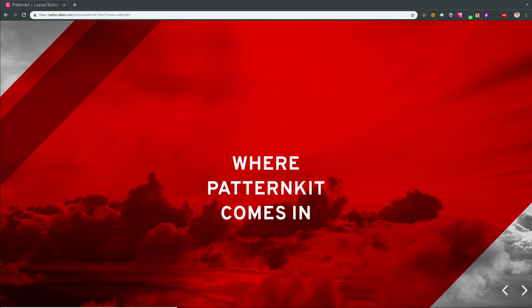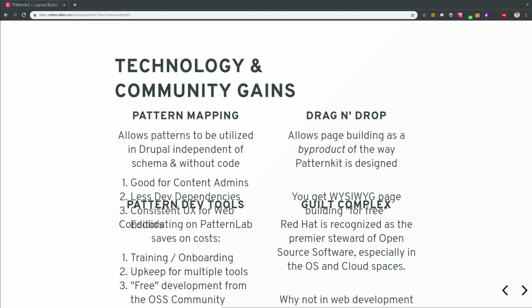Patternkit essentially is, at surface level, just a Drupal module. But it's also a methodology, and an idea that we can take all of these different tools that we're using, all these different implementations, and bring them in the same manner. So it's reproducible, it's consistent, and all of us can talk about it using the same language. So there are some gains here,